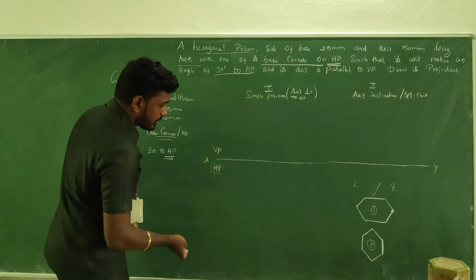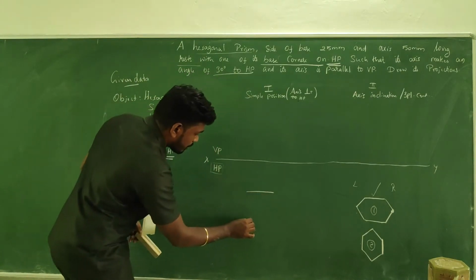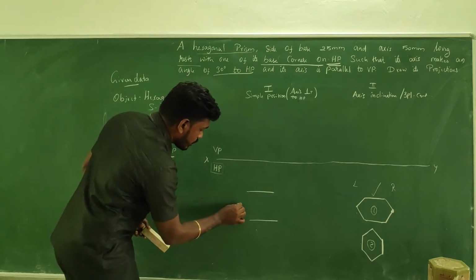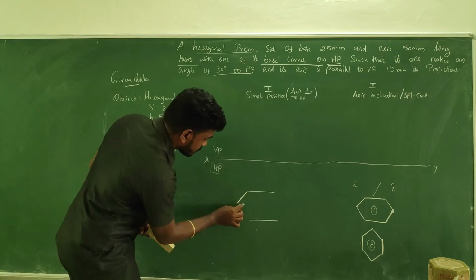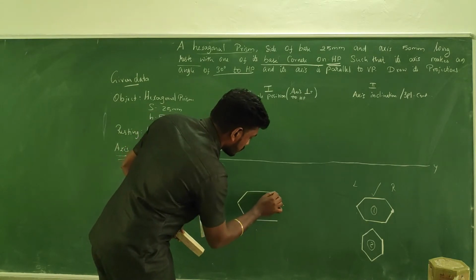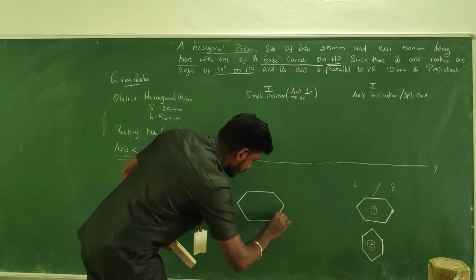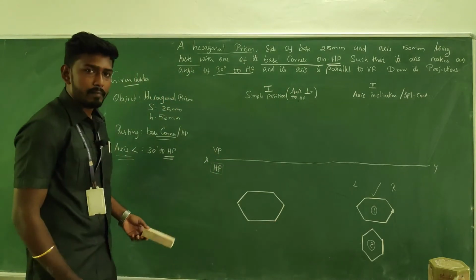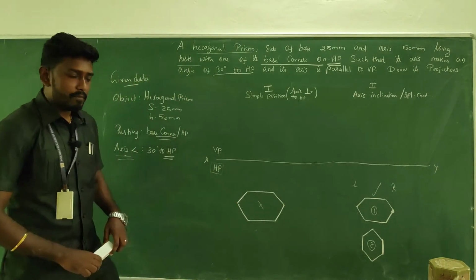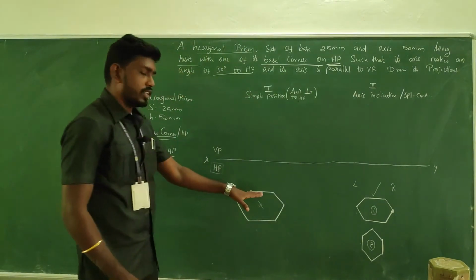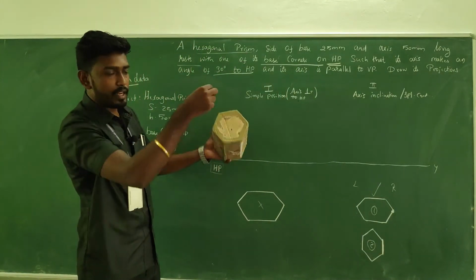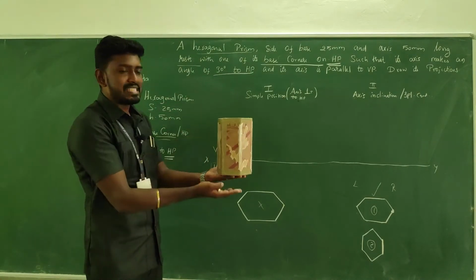So here I am going to draw a neat diagram. Since I couldn't make the approximate diagram a perfect one, I am going with this, right? So you have to make it with the circular method. How to make this circular method? The exact shape of the things will be like this. Here you will get the center for the circle, and there will be a circle. Fine. So this is the true shape which we can get from the top view. This is a top base and this is a bottom base.